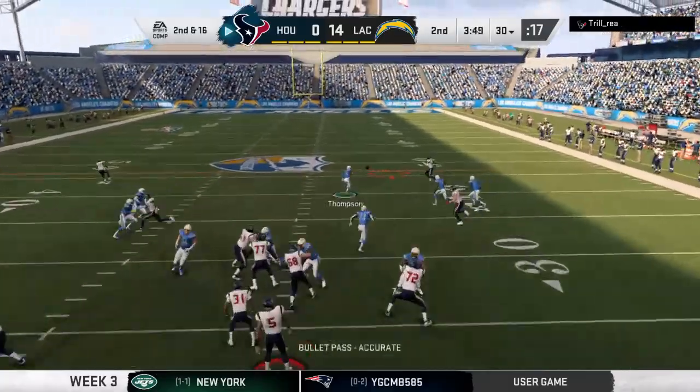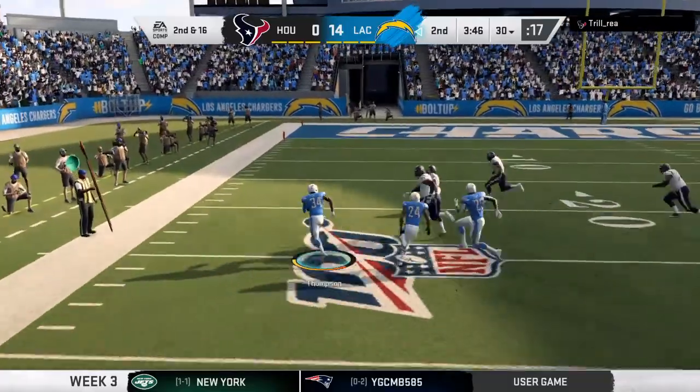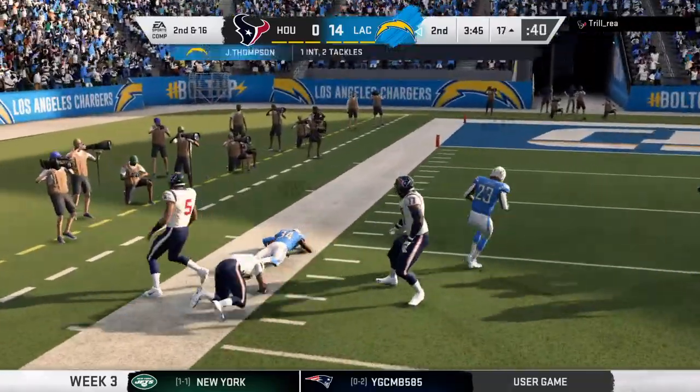To throw on second down. Love into heavy traffic, and it's intercepted. Picked off right around the 43. And they will be set